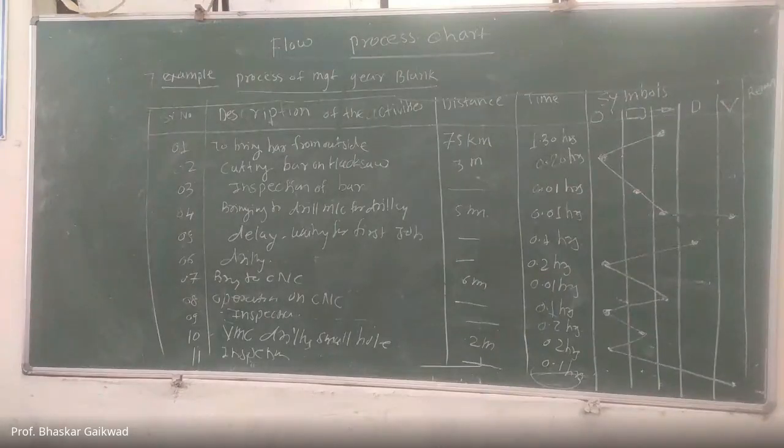So flow process chart only we can use for movement of the materials. Okay, and operation process charts only operation and inspection. So here you have to remember the difference between the flow process charts and operation process charts. Operation process chart is also called outline process charts or bird's eye view. Only outline we can see, and flow process, flow of the material from one place to the next place. So unnecessary transportation, inspection, all these things we have to reduce after the graphical representation.